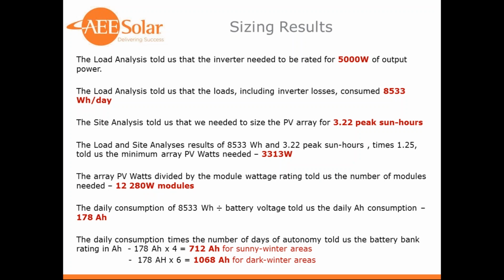The site analysis told us that we had to size the array for 3.22 peak sun hours. The load and site analysis results times 1.25 told us the minimum PV array of 3,313 watts, which is 12 280 watt modules approximately. Daily consumption was 178 amp hours, which, as we had in the previous slide,